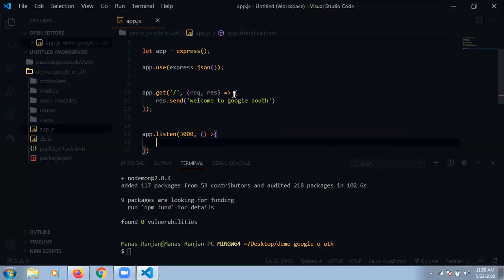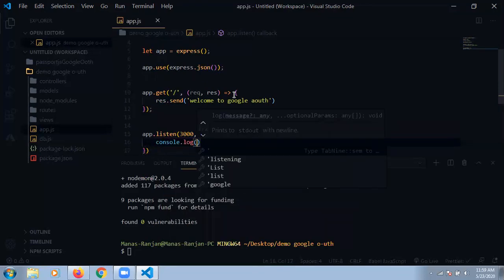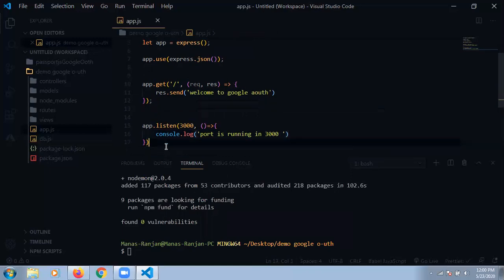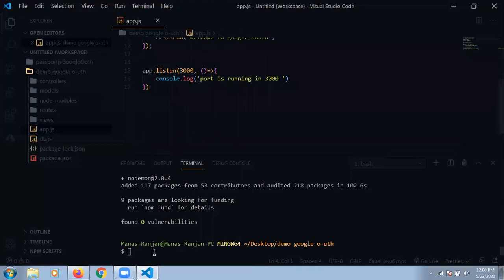And I'm console logging, my port is running on 3000. So I think my Express has been set up.